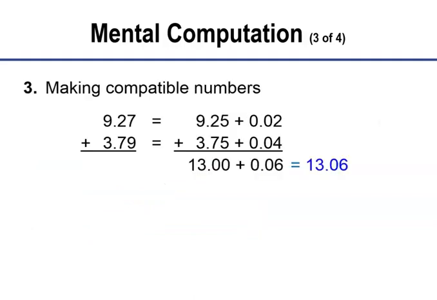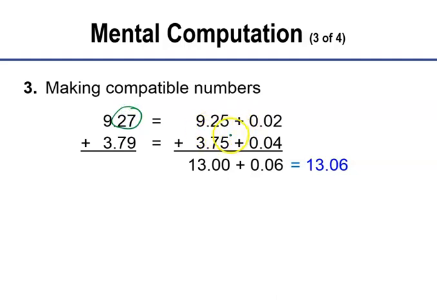Now, sometimes you can make compatible numbers. What do they mean by that? Well, 27 hundredths, that's not fancy, but 25 hundredths, that's pretty nice, especially if I could make this a 75. We know 25 plus 75 is 100, right? 100 hundredths carries over to the next spot. So, if we want to turn a 27 into a 25, we can break that down